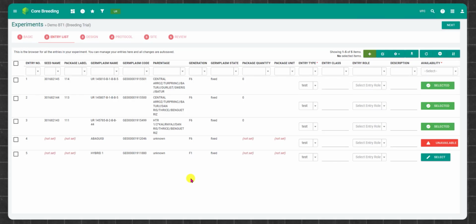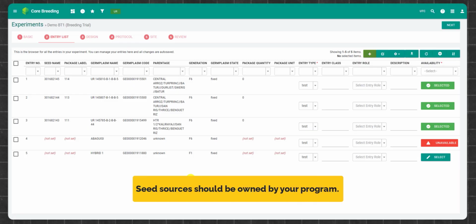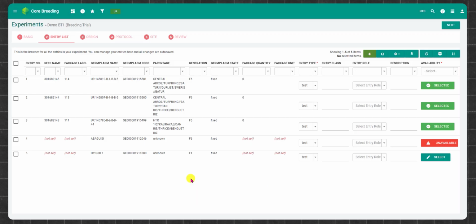Then, we need to check if the seed source of our entries are owned by our program. This information can be seen on the rightmost column of the data browser under Availability. Of course, we can only use entries whose seed and package records are owned by our program. The entries must have an availability status of Selected, which means that the system already selected the only existing package